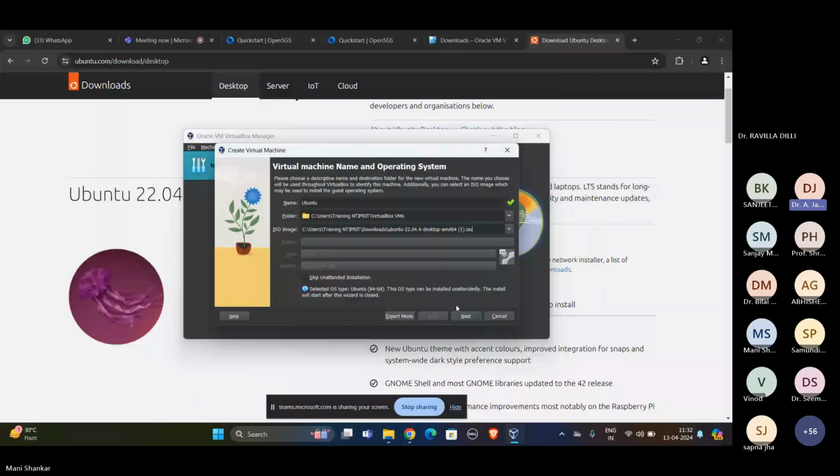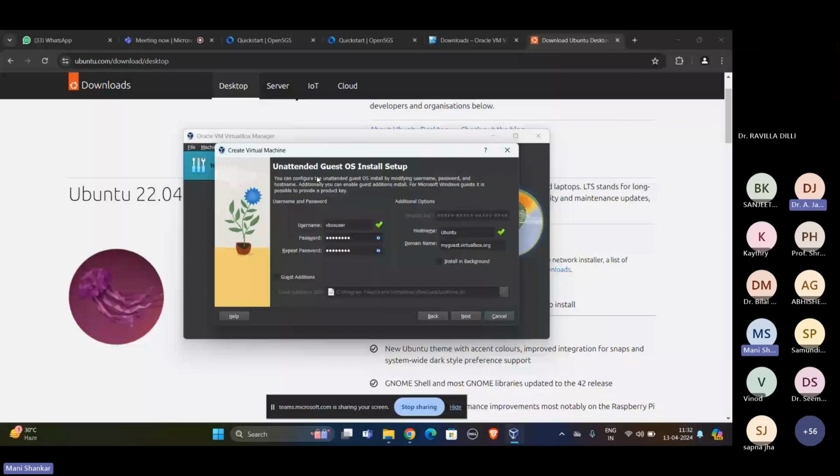And it will ask for the configuration of the OS which we will install in our virtual machine, like the username of the OS and password and host name and domain name. So the username for our OS will be MSM. Password you can enter from